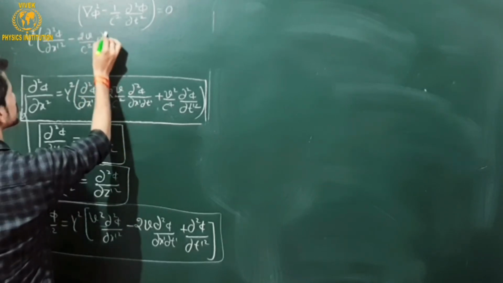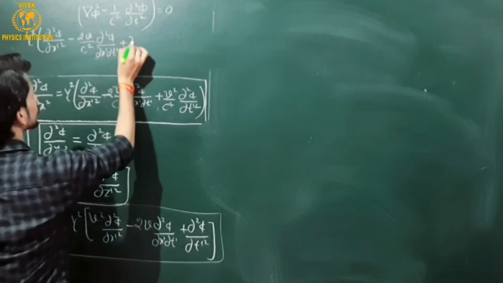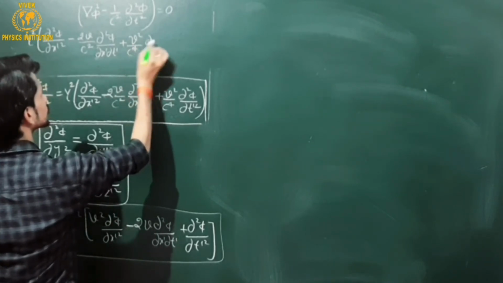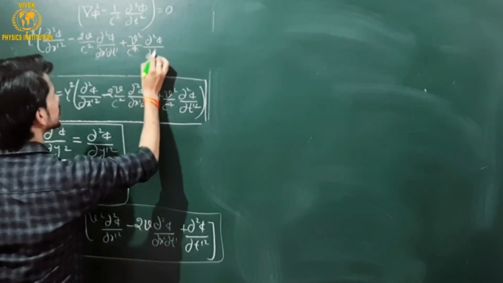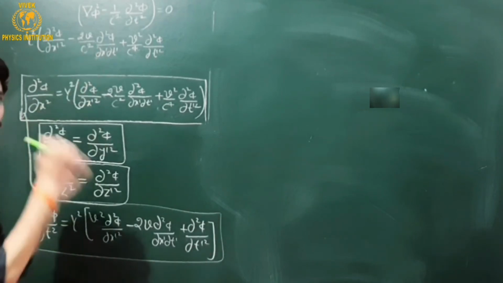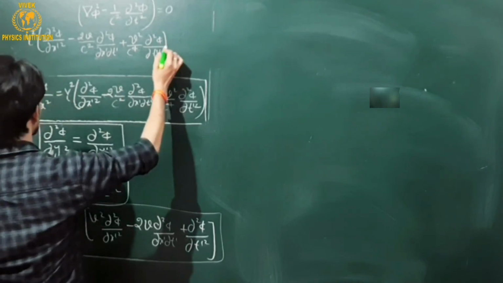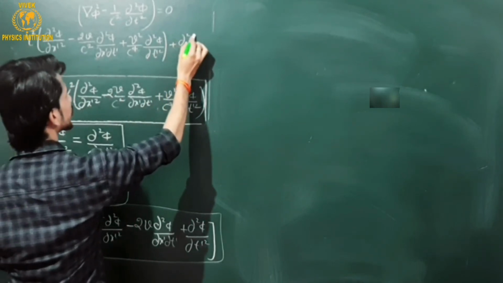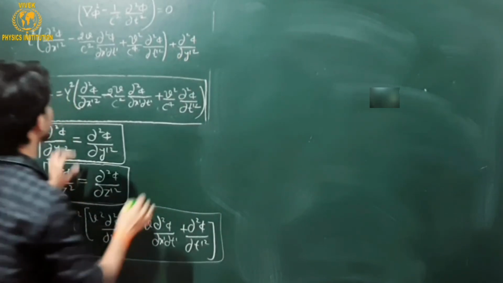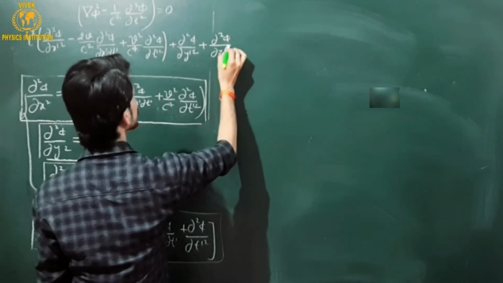for here, this is del square phi over del x dash del t dash plus v square upon c raised to the power 4 and del square phi upon del t dash square. This is for del square phi over del x square out of the del square phi. This is done. Now it's turn for this one. This is nothing but del square phi over del y dash square. Okay, and next for third one, that is del square phi over del z dash square.